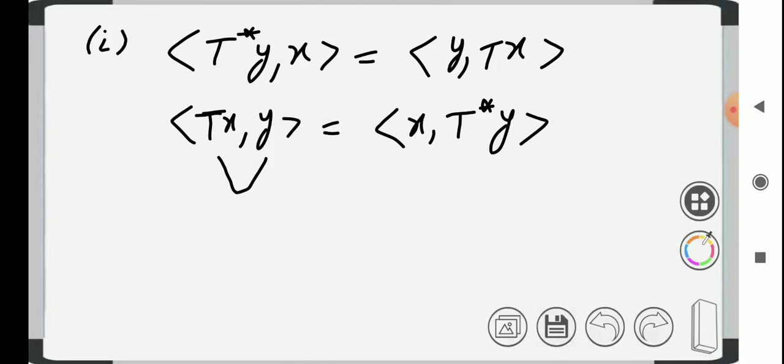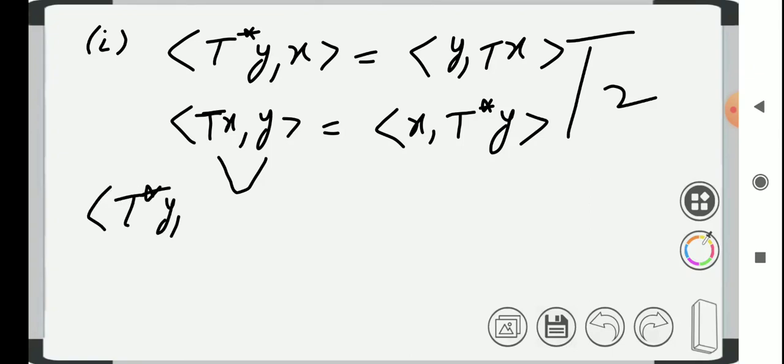Once we prove this property, then we can simply move T star from one variable, one coordinate, into the second by removing the star. These two properties will allow us to move from one property into the other. So let us prove our first property, inner product of T star y with x,